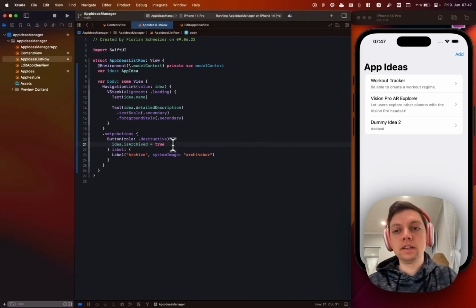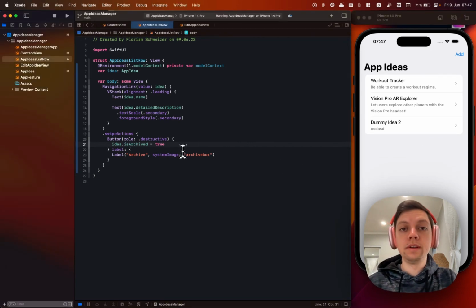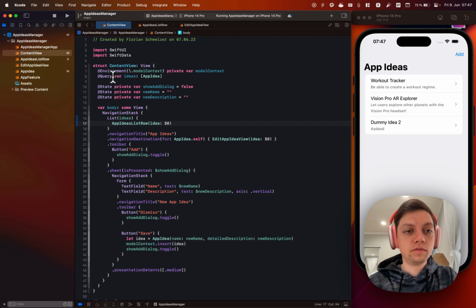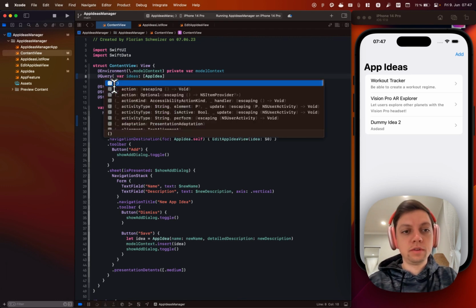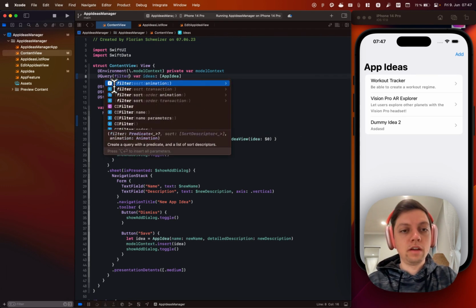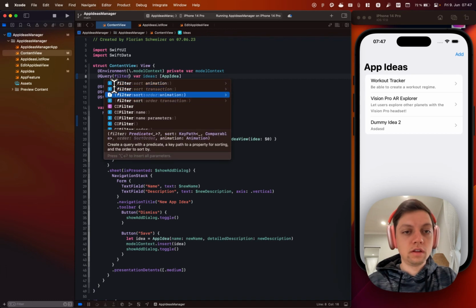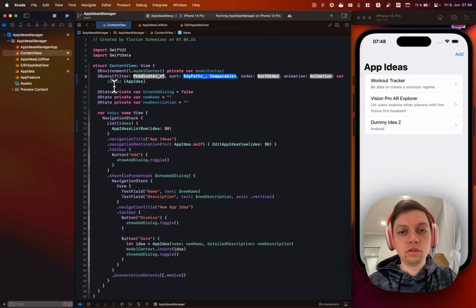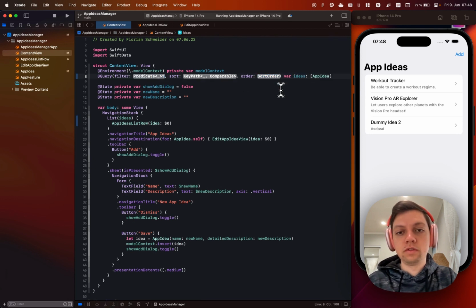So next, let's update our list query to only show those app ideas that are not archived. So in our content view, let's change up the query here, and we will be adding a filter, a sort, and an order, but we won't be adding an animation, so we can get rid of that part. So for the filter, there is a new Swift macro that we can use, which is very handy, and it's just #Predicate,